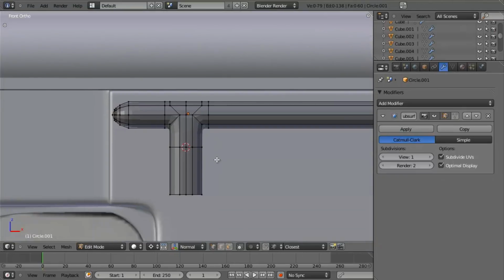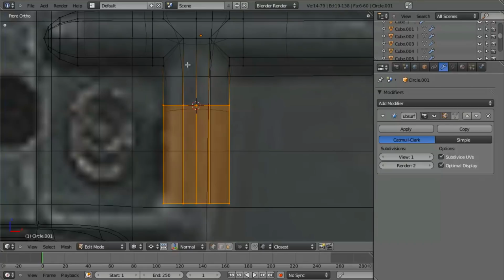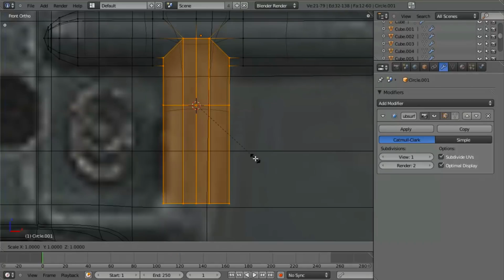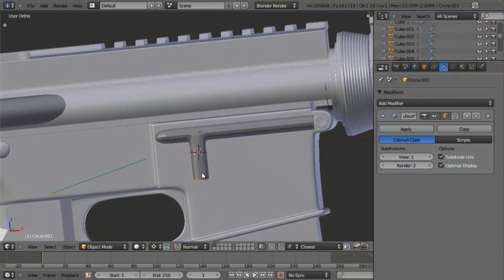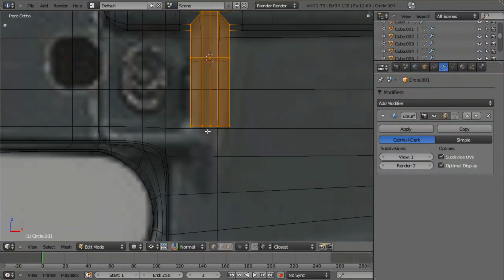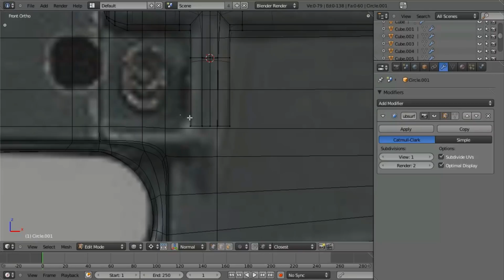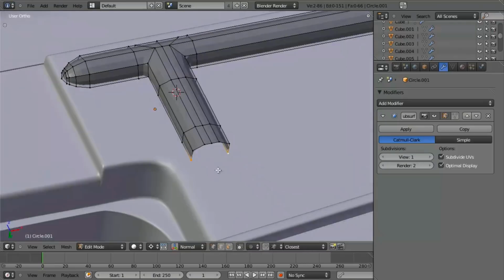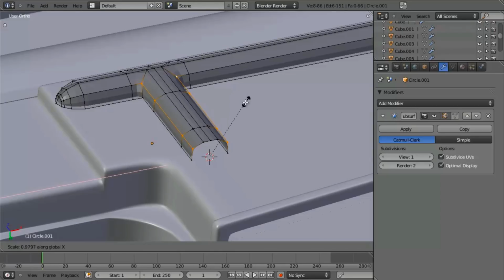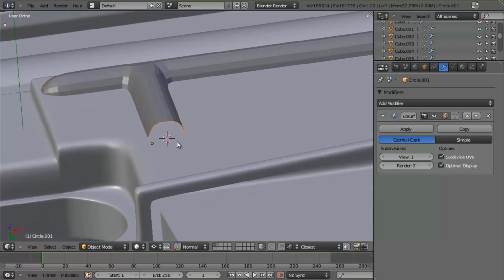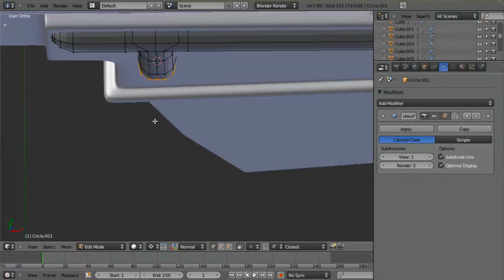Now right now you'll notice that's a little bit thick, so let's go ahead. We'll grab all these and all these. We're going to hit S X, scale it in a bit, even it out just enough. Okay, let's go ahead and we'll take this down again right past this little ridge, and then we're going to select our side vertices here, Shift S, cursor to selected. Let's also go ahead and select these, scale them in along the X-axis. We'll better round that out. We'll select this,